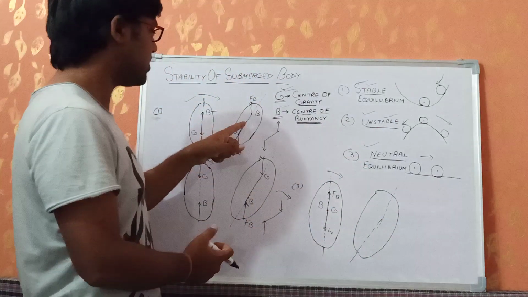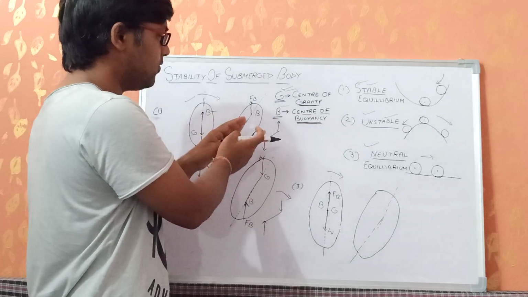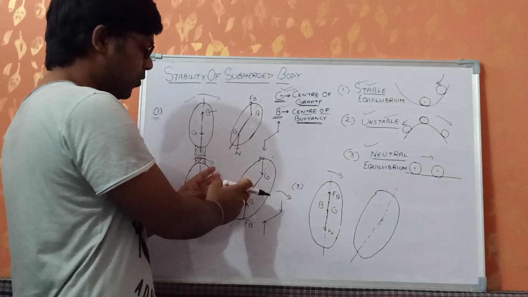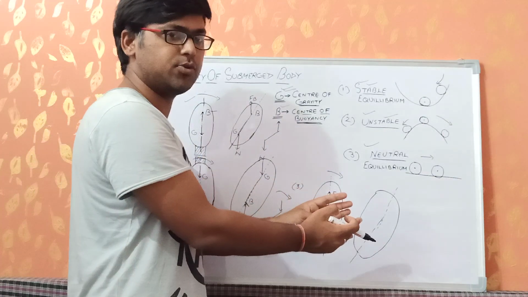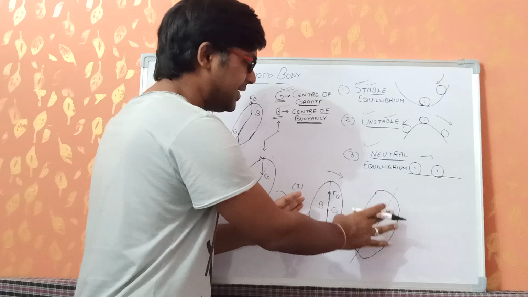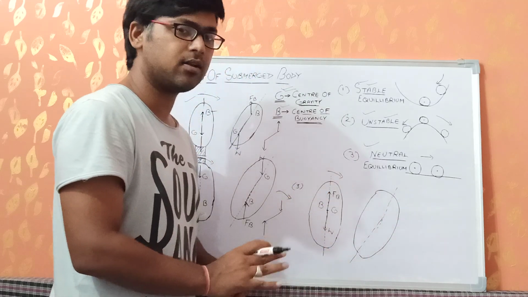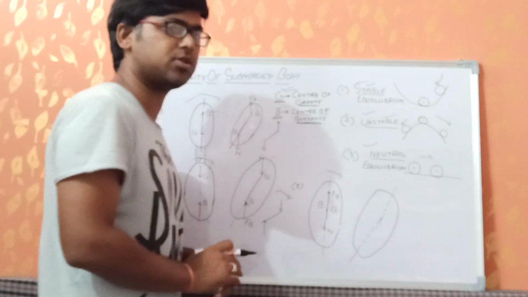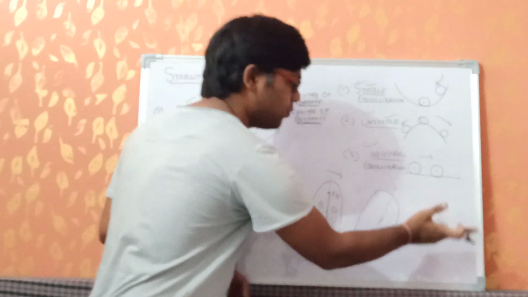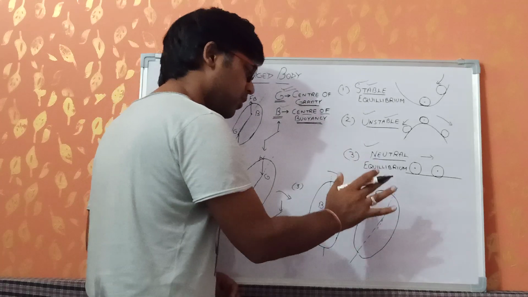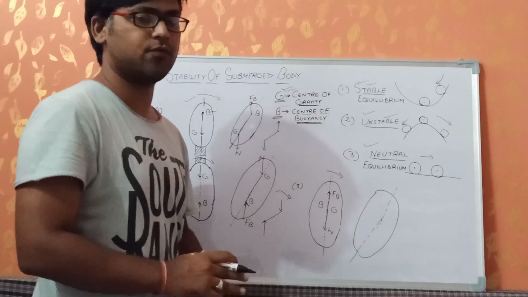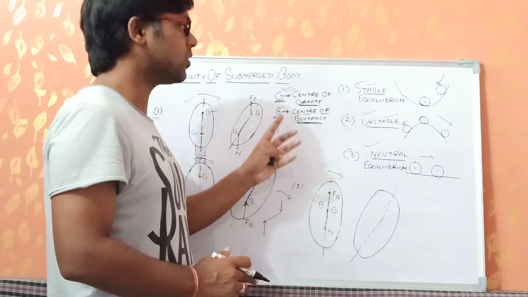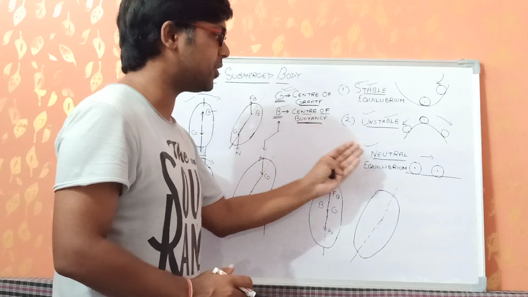It means just like in this case, after the tilt is given, the body will try to come back to its original position. In this case, the body will get further away from its original position. But in this case, after the tilt is given up to a certain angle, it will remain like this. It will not try to come back to its original position, neither will it go away from the original position. It will stay wherever it is after the application of the tilt. So this is the basic difference between the three equilibriums: stable, unstable and neutral.